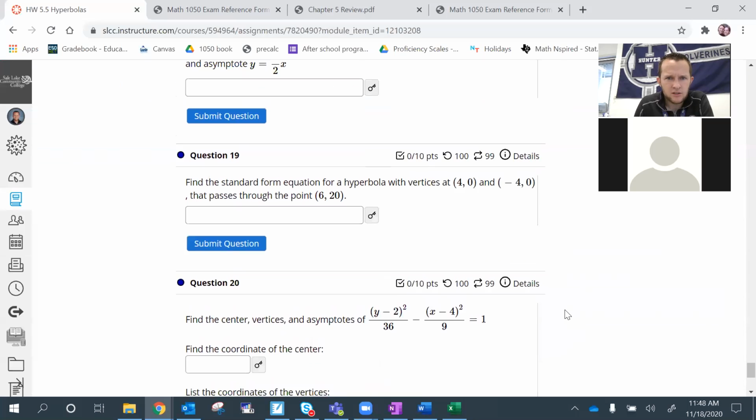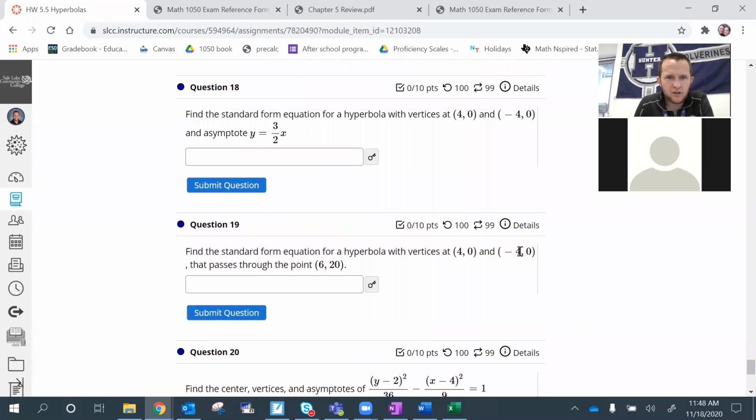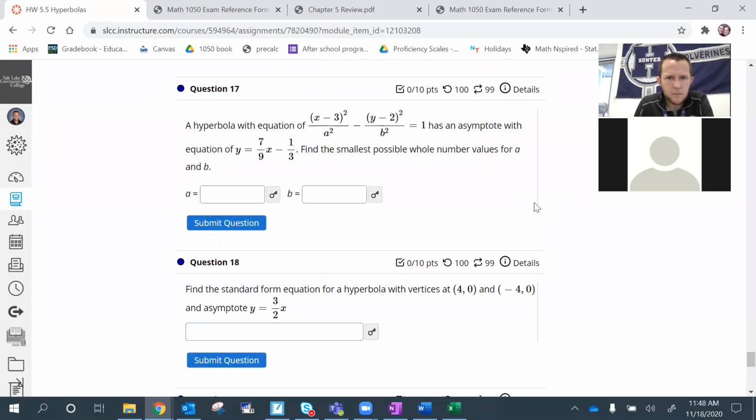And is it this one, 18? I actually think I got that one right because I had the vertices. So I think it's 17. Yeah, 17. All right, okay, so a hyperbola with equation blank. Okay, so here's what I'm gonna do. I'm going to, how do I stop recording? I'm gonna call,